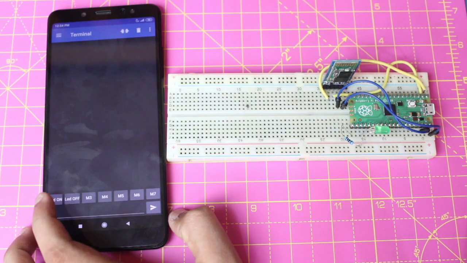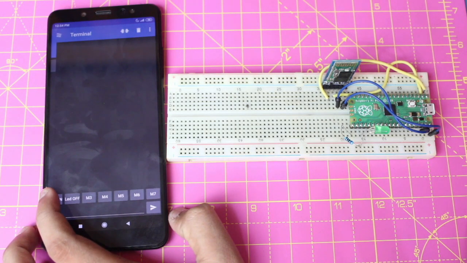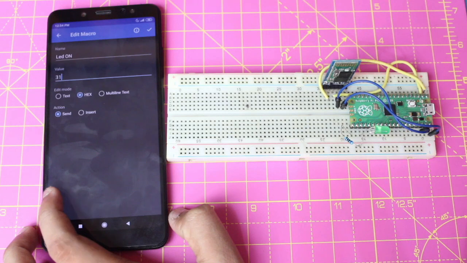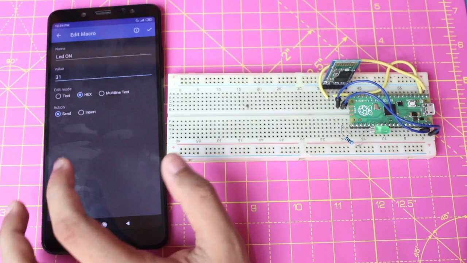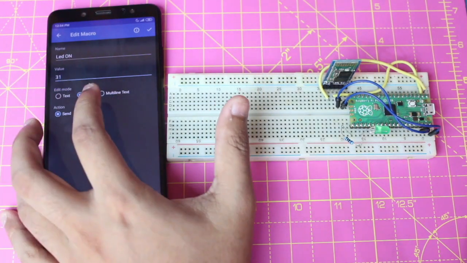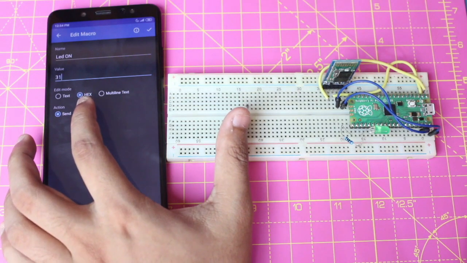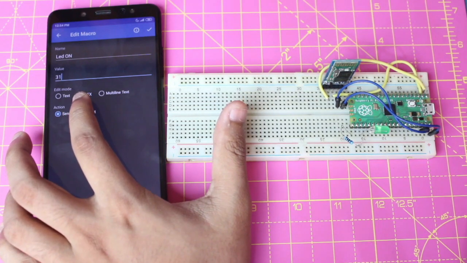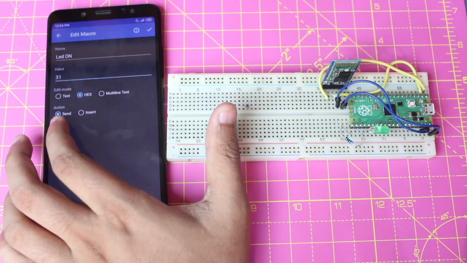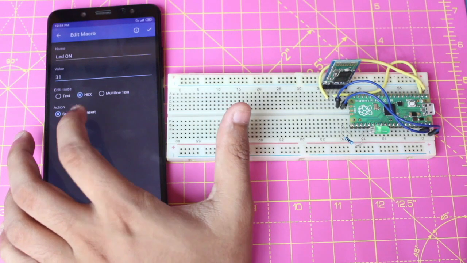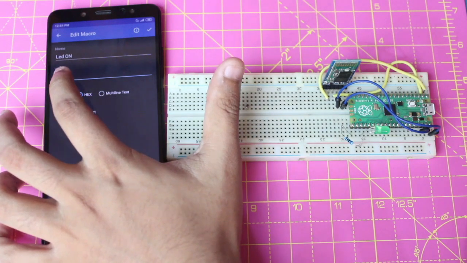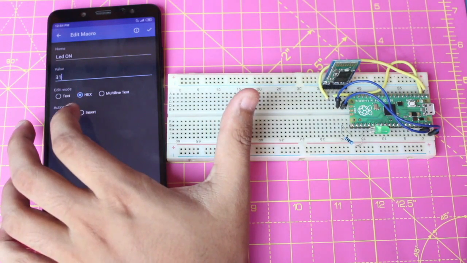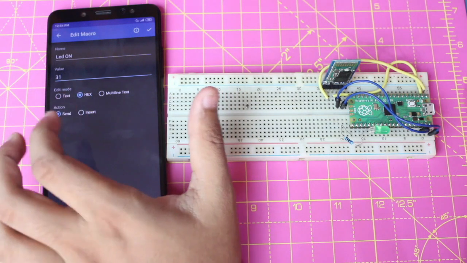So you need to hold the button for some time, then a new window will pop up. You need to set the name, value and the edit mode, that is, I am using the hex command, and then you need to select send as action.